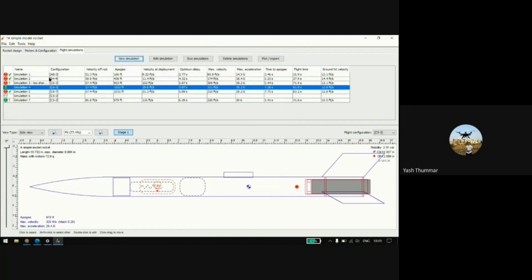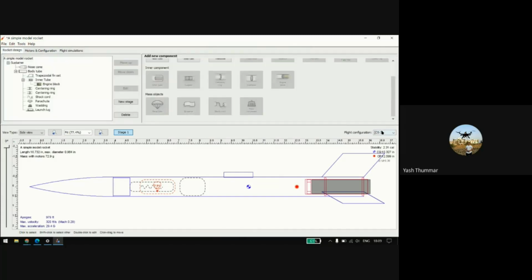So you will find this C65 motor configuration. If you apply the C65 motor configuration here, it will provide the data according to that. The solid motor also has some mass, so it will also change the CP and CG position. I mean the CG position depends on the motor mass. If we change to this A series, you will find the CG position goes ahead to the upper side, and again in C65 it will go downside. So these are opposites.